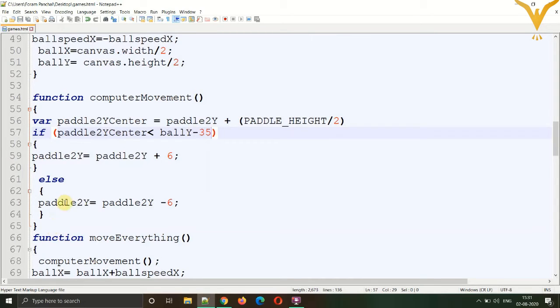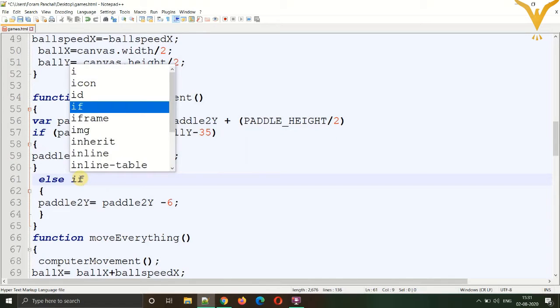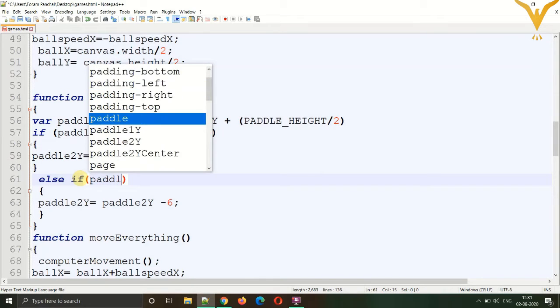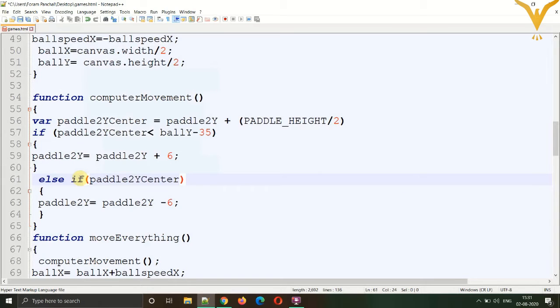And in the else part, what we'll do is, we'll make it if, else if, and we'll make a condition. The condition will be paddle to Y center if it's greater than ball Y plus 35.